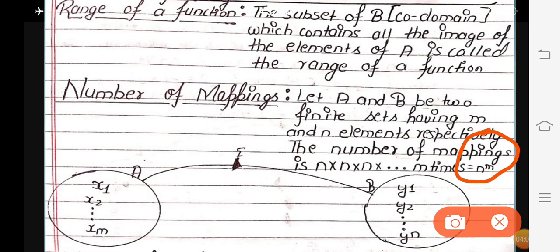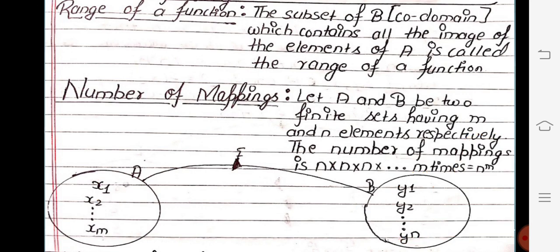Because each element of set A may have n images, and the total number of elements in set A is m, so the total number of functions from A to B will be n to the power m.